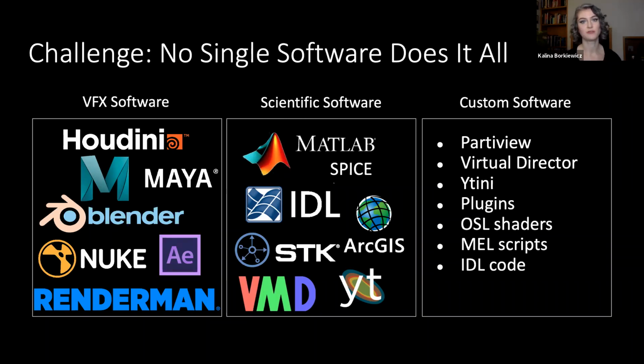Those are tools created for artists to use. Whereas scientific software, on the other hand, is created for scientists to use. So it does understand all these weird, complicated data formats, but makes it really hard to do cinematic effects. You don't really get much control over things like camera and lighting and design. We also have some of our own custom software that we have built to solve some gaps that don't exist in either of these categories. And this is a non-comprehensive list, but just some of the tools that we've worked with and are familiar with.